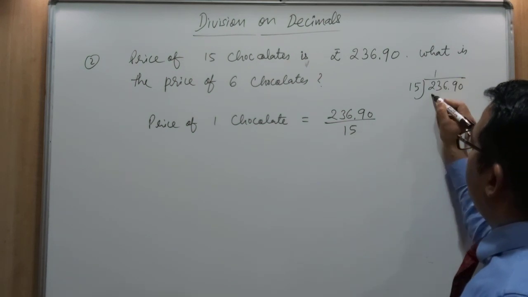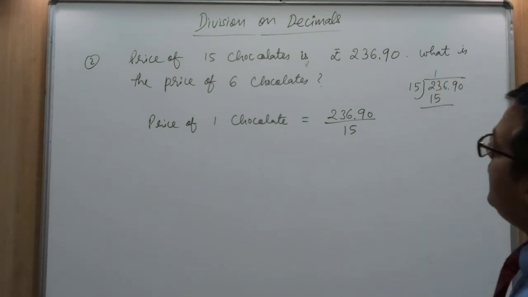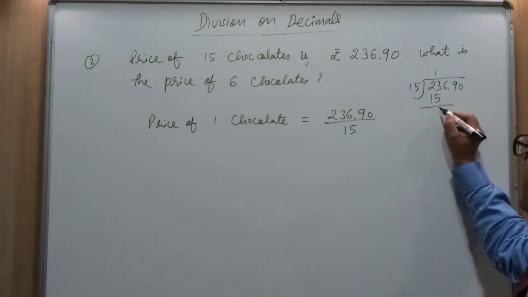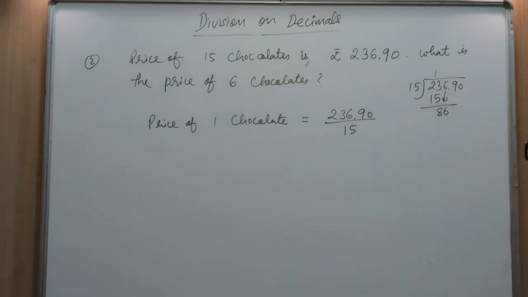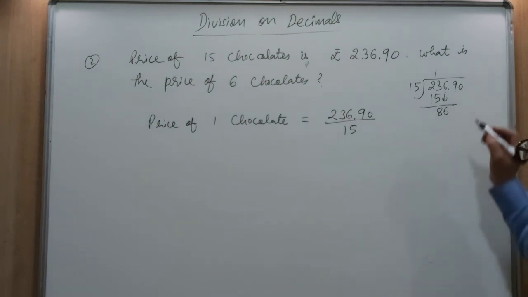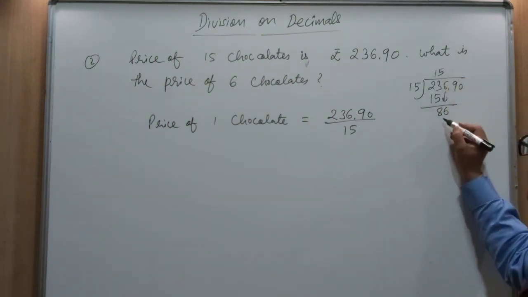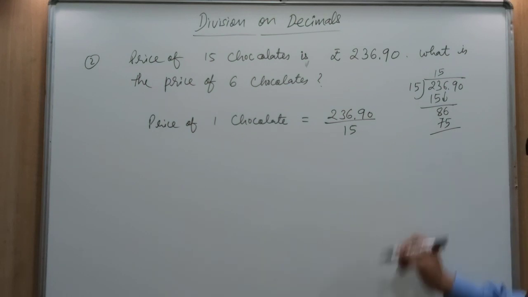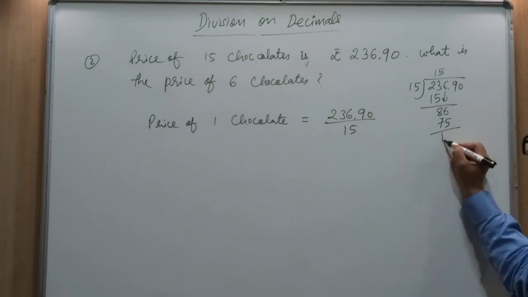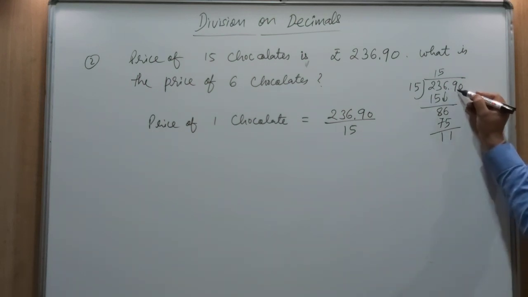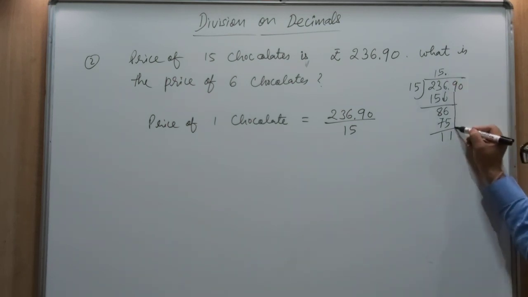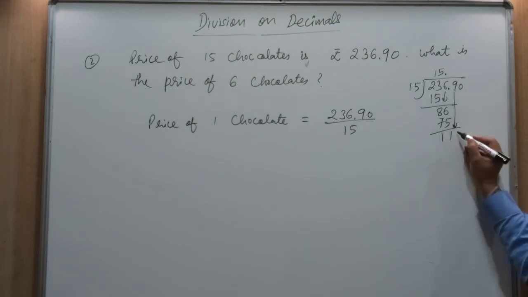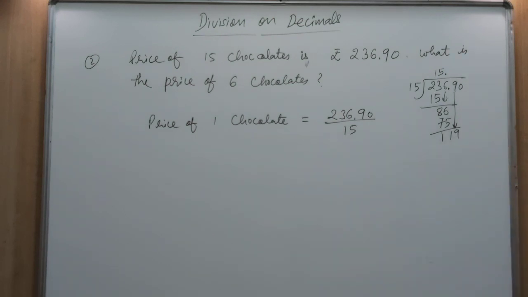So one time, right? 13 minus 8, 5, 8 we have, and 6 we need to replace here. 5 times 15, 5 is 75. 11 we have. Now before next digit point is there, we can shift this point with quotient, and 9 we can shift here, right? So how many times? 7 times.